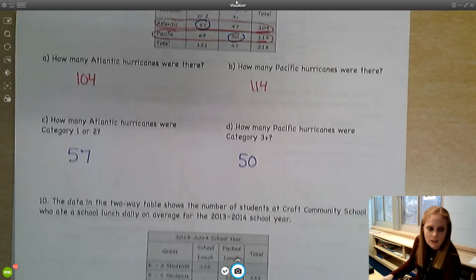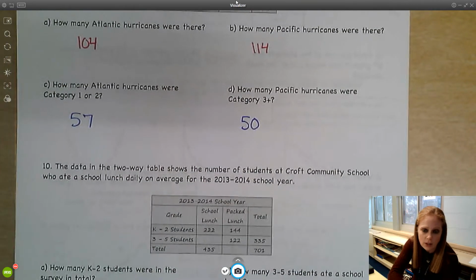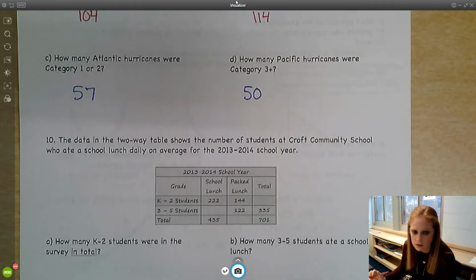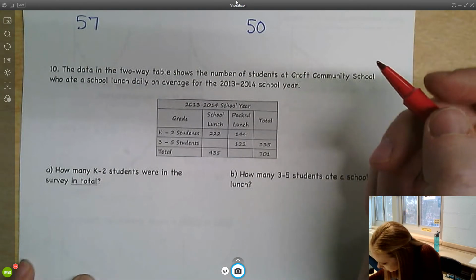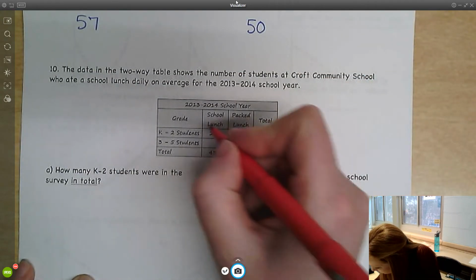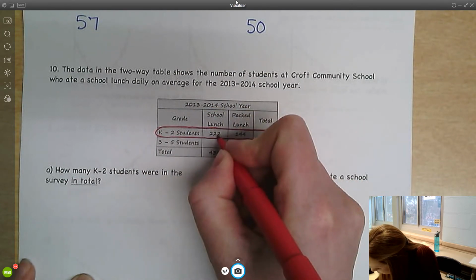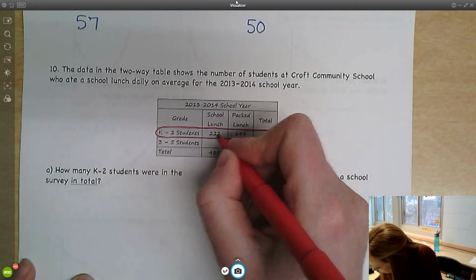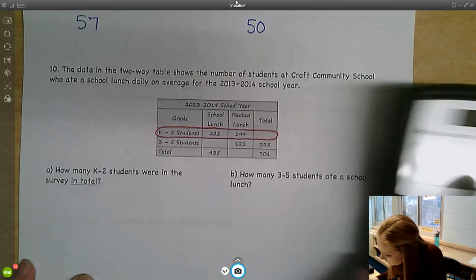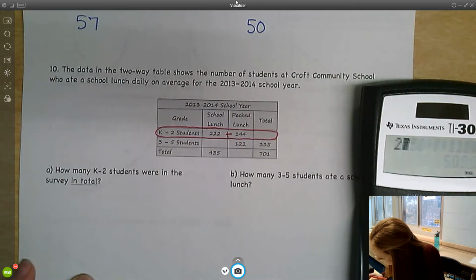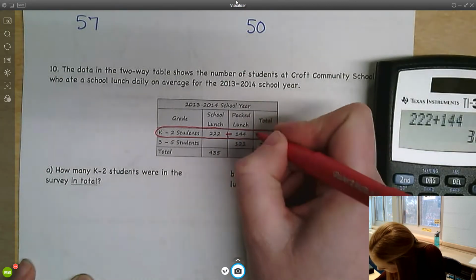Okay. The data in the two-way table shows the number of students at Croft Community School who ate a school lunch daily on average for this 2013-2014 school year. How many K-2 students were in the survey in total? Okay, so here's our K-2 students. We have 222 who brought a school lunch, 144 who packed a lunch. To figure out our total number of K-2 students, we can add those two up and get 366